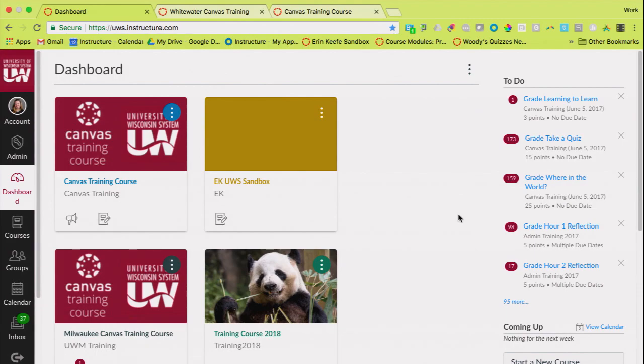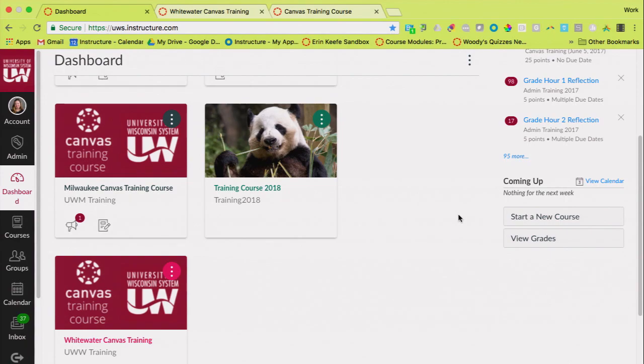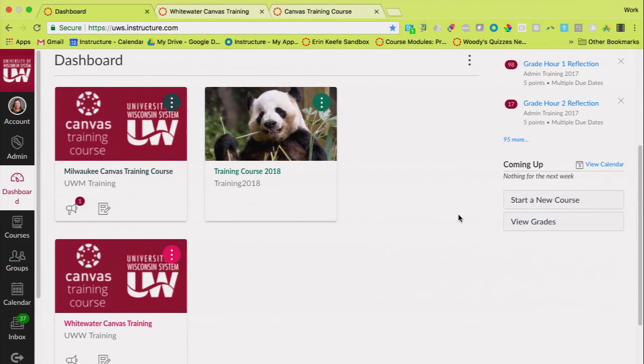So you could potentially see some courses there that you're a student in, which you do today. You probably see an invite at the top that says you've been enrolled in the Whitewater Canvas training course. You've been enrolled in that course as a student, so once you accept the invitation to that course, you'll see that there on your dashboard.